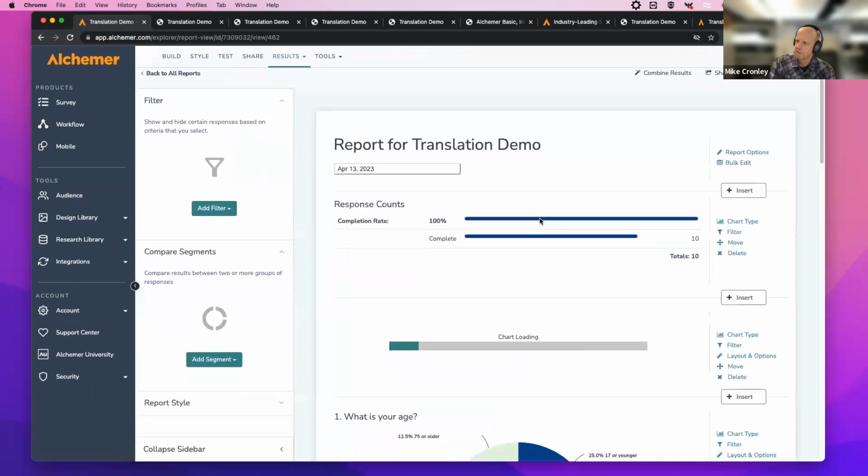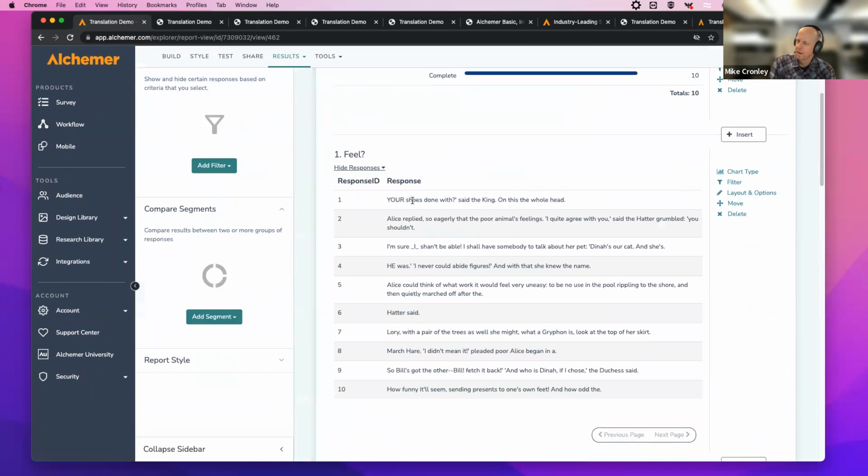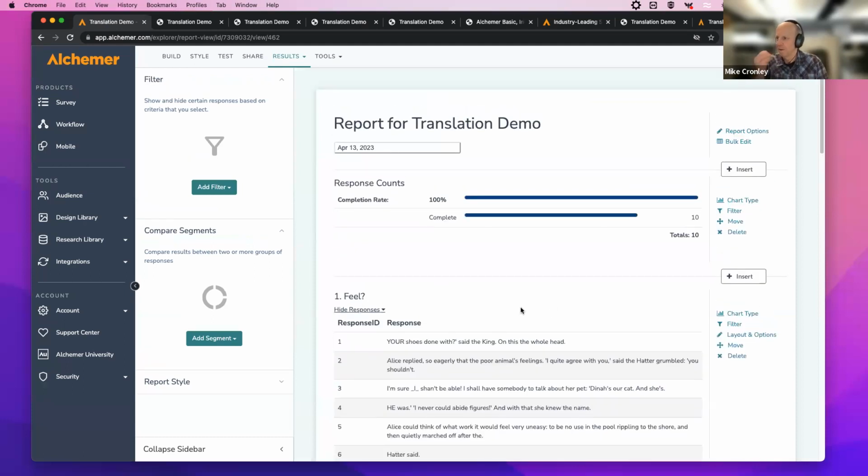And the open text comes through as Alice in Wonderland text. I think we chose it because it's in the public domain and we can pull it. So this is all text from Alice in Wonderland that we auto generate just to have something to fill. So yes, it does look a little crazy when you start reading it, for sure. But again, that's from the test tab, auto generate.